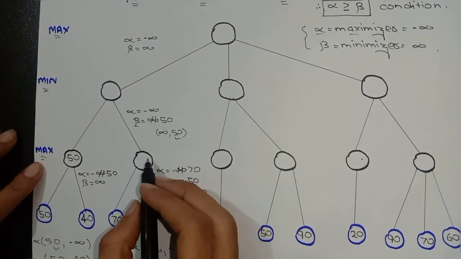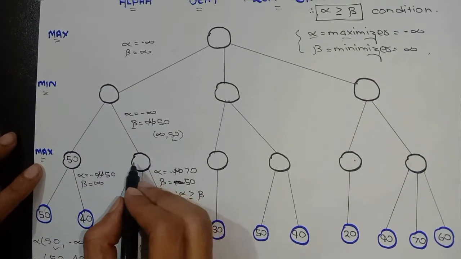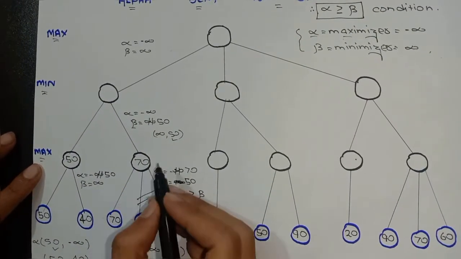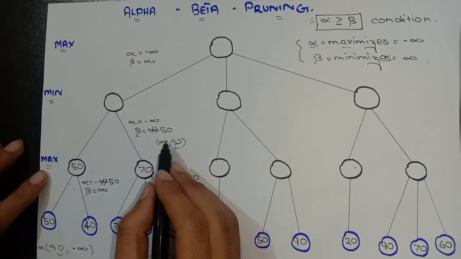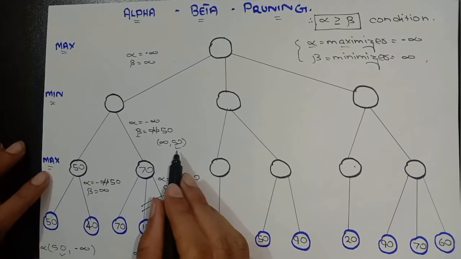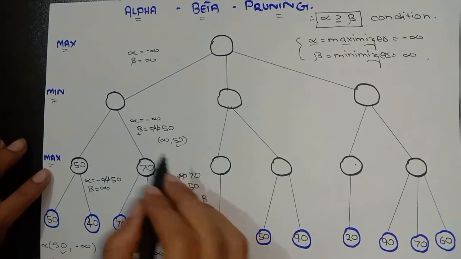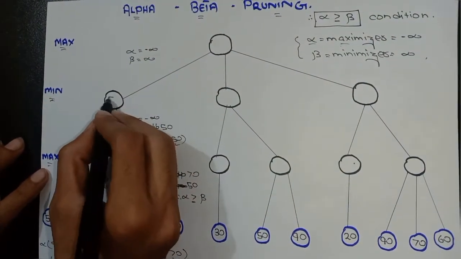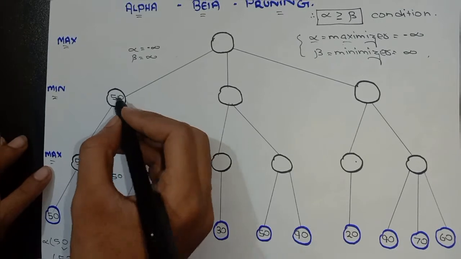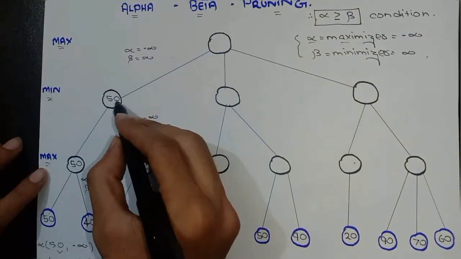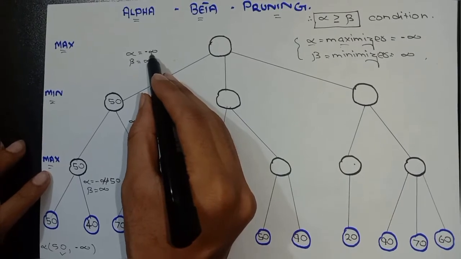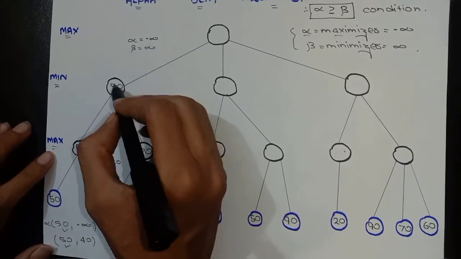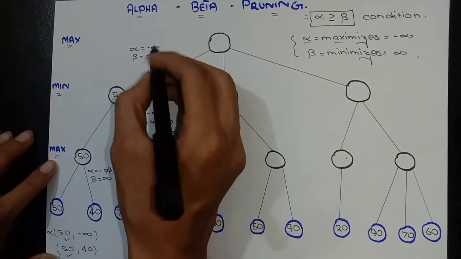Whenever the condition is true, we will prune the other nodes. Prune means we will cut the other nodes and will not traverse or explore them. Here I am at the maximum level, so I will write the maximum value, which is the alpha value 70. I go to the upper level and check the minimum value. Is 50 minimum or 70 minimum? Definitely 50 is minimum, so I write beta value 50, and in the circle we write 50.